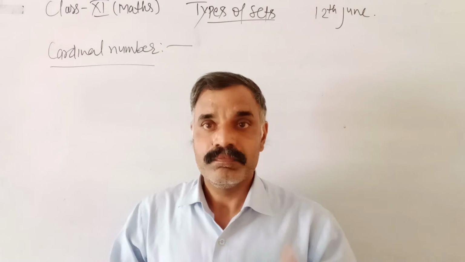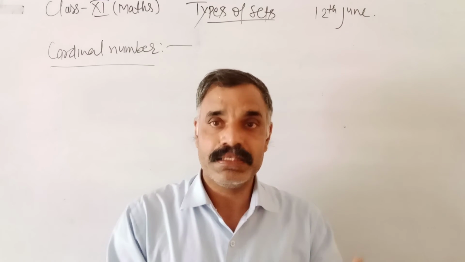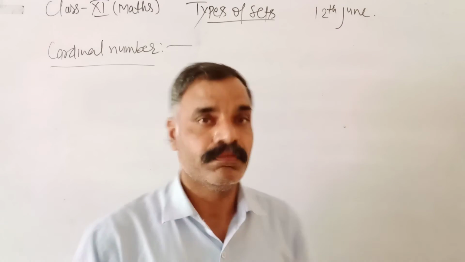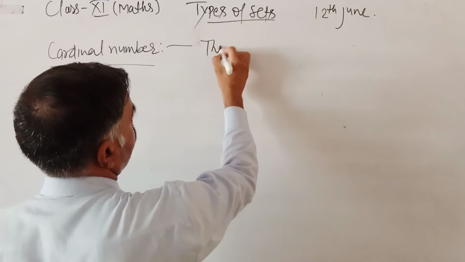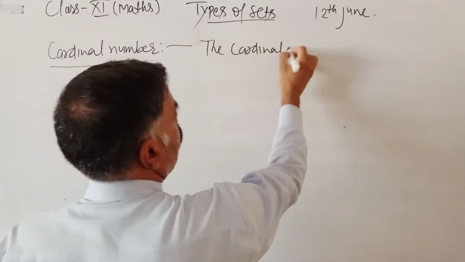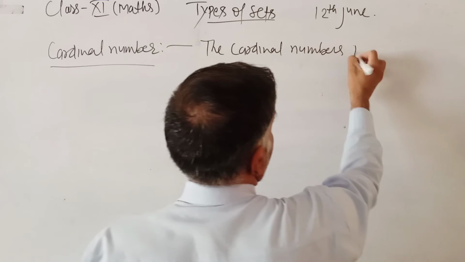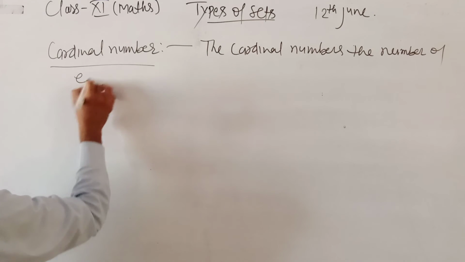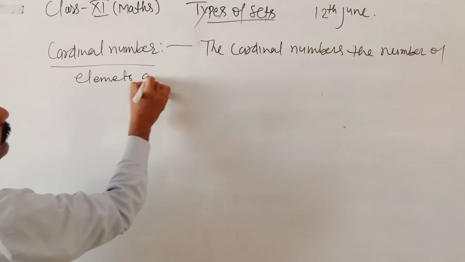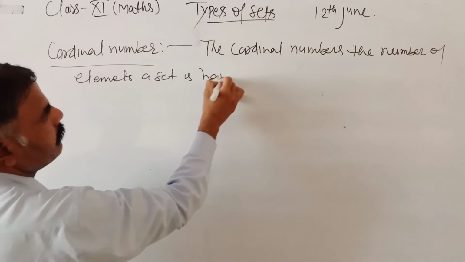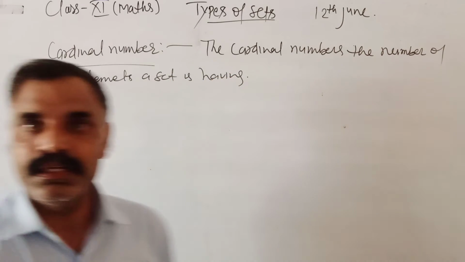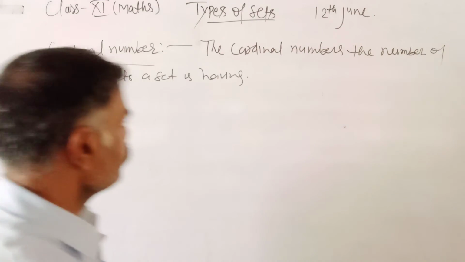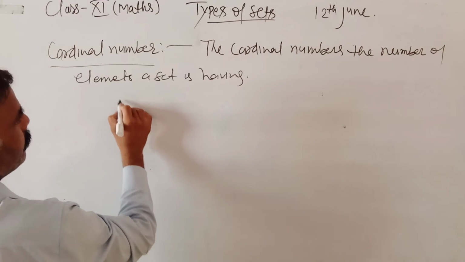Cardinal number is the number of elements a set is having. For example, suppose